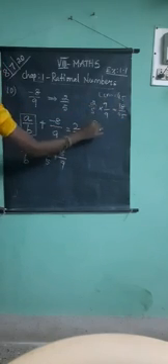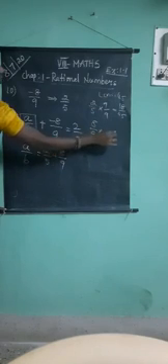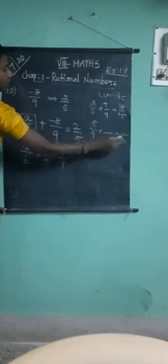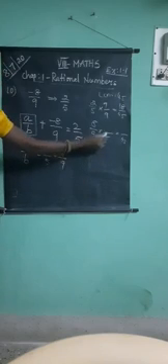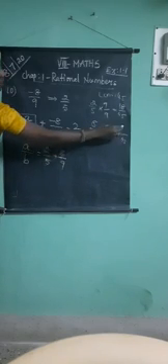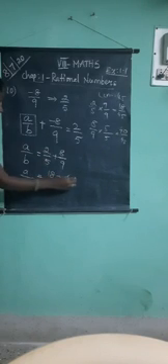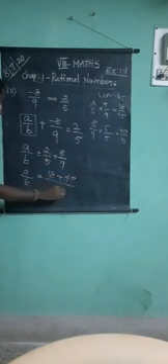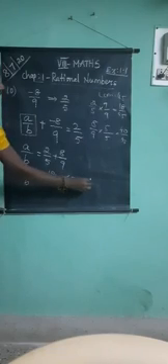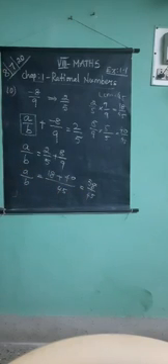Next, 8 by 9. Multiply with which number to get 45? 9 5s are 45. Here 5, so up also 5. 8 5s are 40. So take and write A by B is equal to 18 plus 40 by 45. Add, that means 58. 58 by 45. Both numbers do not come in the same table, so the A by B is 58 by 45.